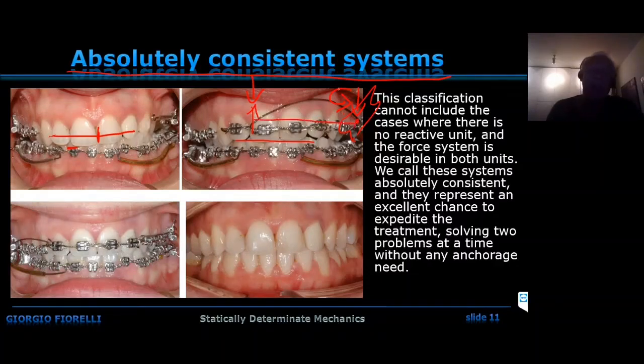So what are you expecting by this? I'm expecting that this molar tipping will get corrected, and you know, it was almost in crossbite, and this should be fixed. This is fixed, and you see that at the end of the treatment, this molar is definitely out. But this was not the only reason, because we have to think in 3 dimensions. And let's see what was the position of the molar